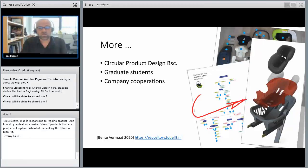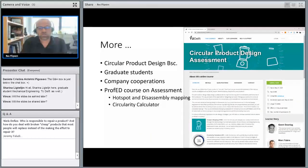And that can be done by changing the interface, by changing time-consuming fasteners. For instance, screws are very time-consuming, but if you need a lot of force, that's also time-consuming. Besides these kinds of students, we try to reach